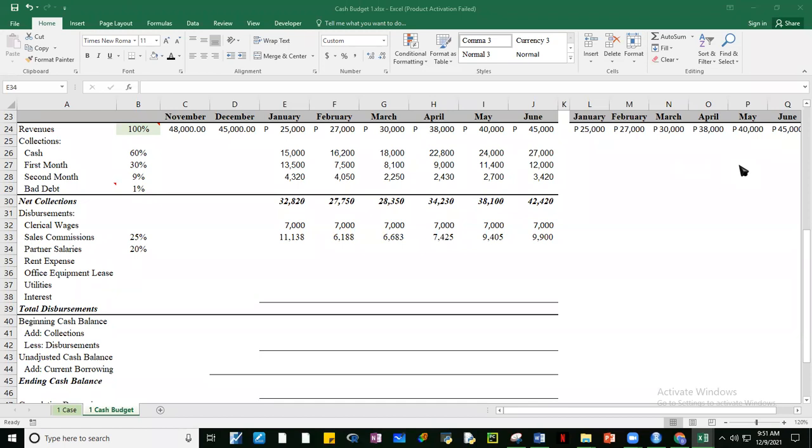Okay? So, ano kayang function na gagamitin natin, guys? Any suggestion? Kasi either 5,000 daw or yung 20% of the net sales of the previous month, whichever is higher. Anyone?